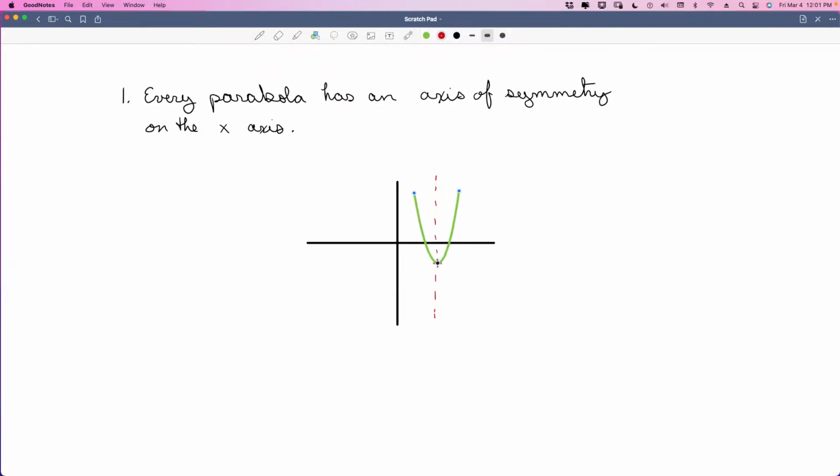So what that means, all right, that's a little bit more centered. What that means is that every point on this side is going to be reflected on this side, and the vertex of the parabola is going to be centered on your axis of symmetry. So the x value of your vertex is where the axis of symmetry is located. So that's another thing that you're going to want to make a note of, is that the x value of the vertex